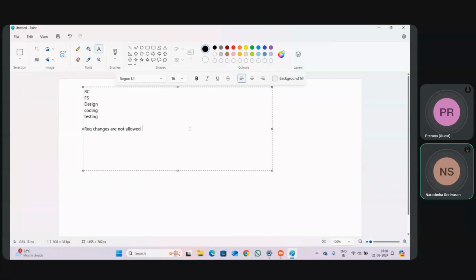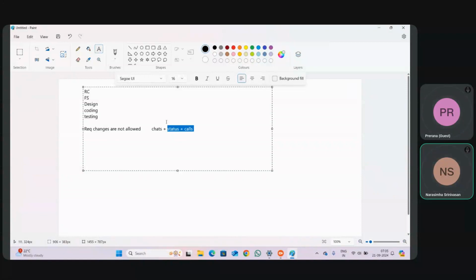Why are requirement changes required? I have given you an example. WhatsApp previously only had the chats. Later they added the status and calls. So the status and calls belong to what? A new requirement, right? So the new requirement we need to add. This status is useful for us nowadays? Obviously, yes. And also the calls. If you want to make any US call, you will go for WhatsApp calling only, right? So it is very much beneficial.